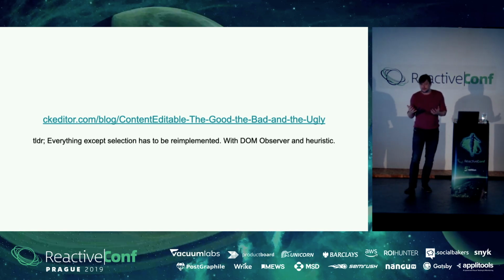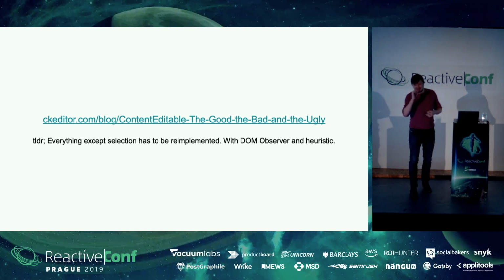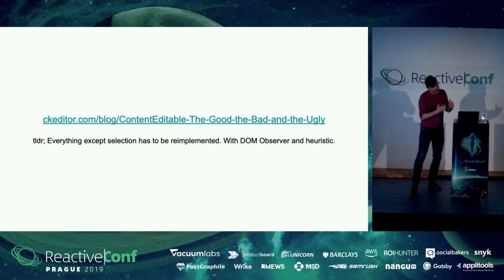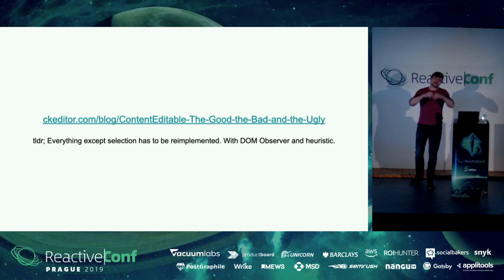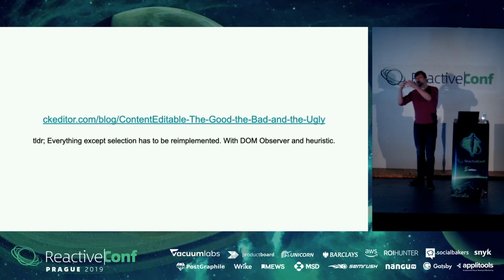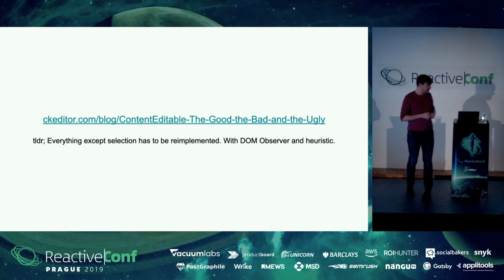DOM observer is a nice API, but you, as the library author, never know if a change was made by some component or by the user itself. And trying to figure it out leads to more heuristics. So,